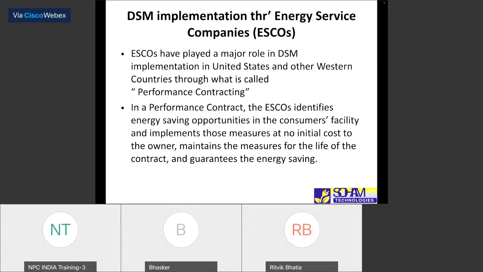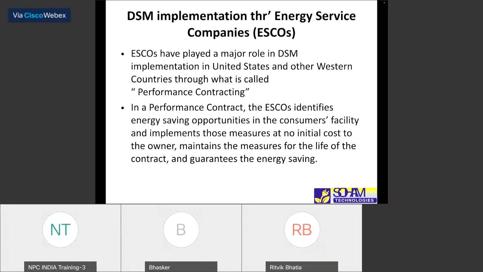They have a tri-party agreement with a consumer, a bank and themselves, that they will put in the equipment which is costly, and from the savings only they will take the money. On the performance, that is known as performance contracting also. ESCOs have played a major role in DSM implementation in the United States and other Western countries through what is called